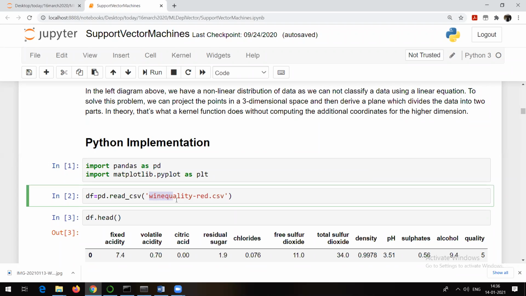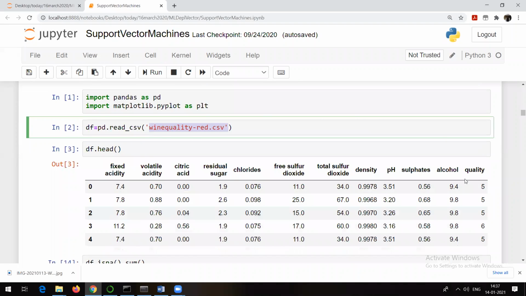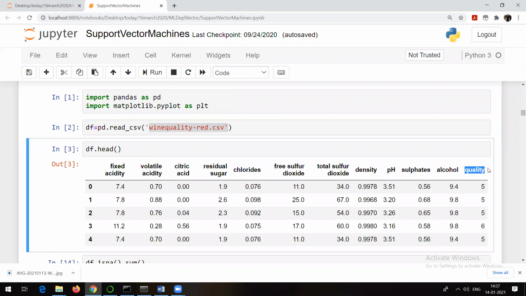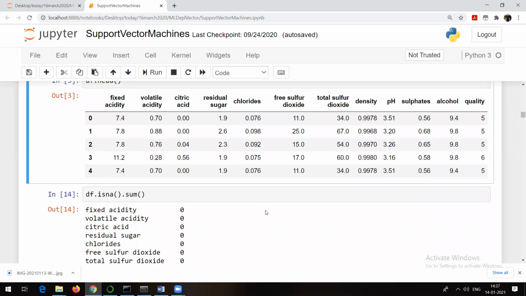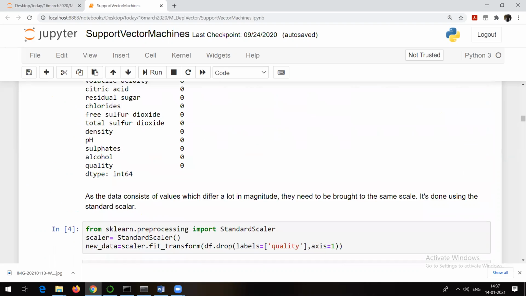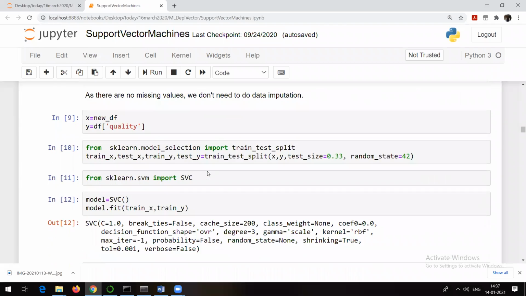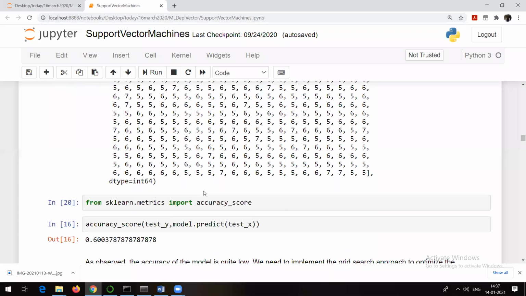So this particular dataset we have is wine quality red.csv. It was a problem of classification, whether the quality is 1, 2, 3, 4, 5, and so on till 10, depending on all these features. These are the input features, and quality was our output feature. As I told you, support vector machine makes use of a supervised learning approach, that means the data is labeled. This is what we have seen yesterday, all about the classification model. I hope everyone is clear till this point.